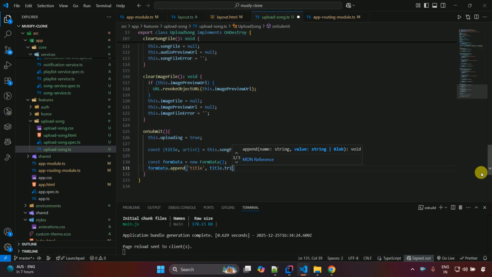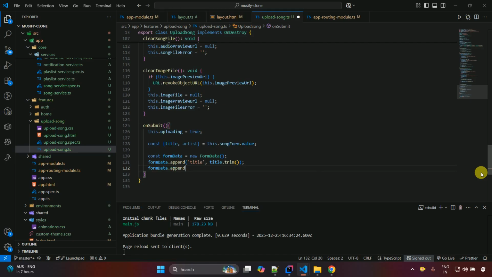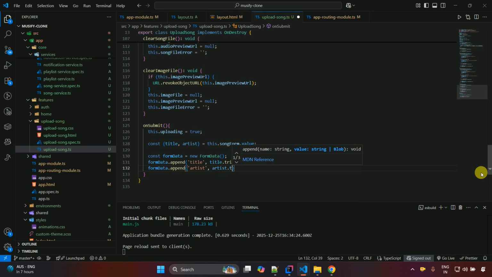We are just removing the unwanted space from the start and end, and put a semicolon. Then formData.append, and here we write 'artist', comma, artist.trim(),